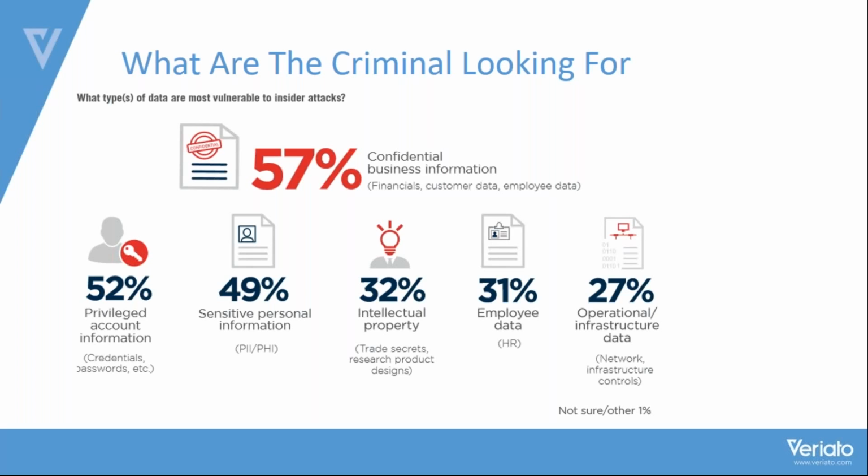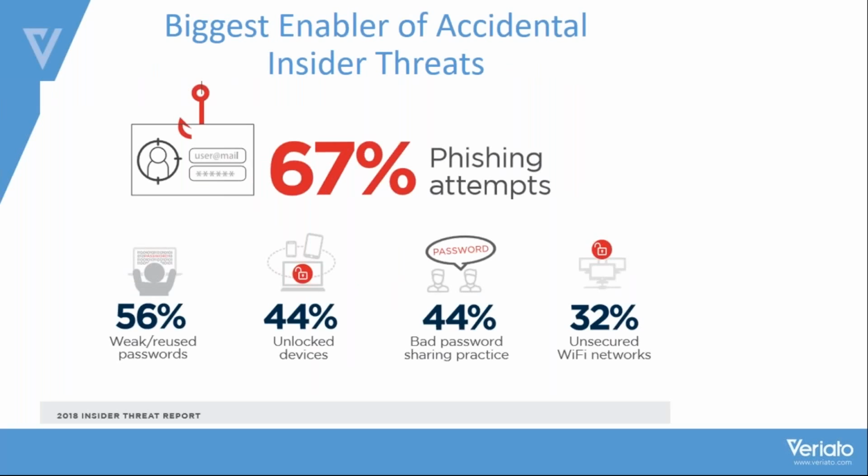I can't think of anything right now, but what I'm trying to say is that if you look here at the slide, your confidential business information, which encompasses your company financials along with your customer and your employee data that I just spoke about, that is a highly strategic asset, and it has a high value for you, and it's also a high value target for people who want to get their hands on it. Again, in the study that they did, confidential business information this year, 57% takes the top spot as the most vulnerable to insider attack. I'm not talking about people on the outside, insider attack. Because your people know what you have inside.